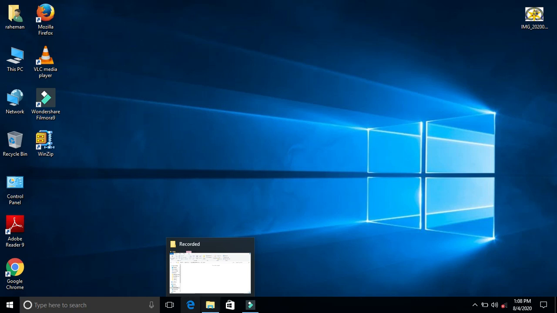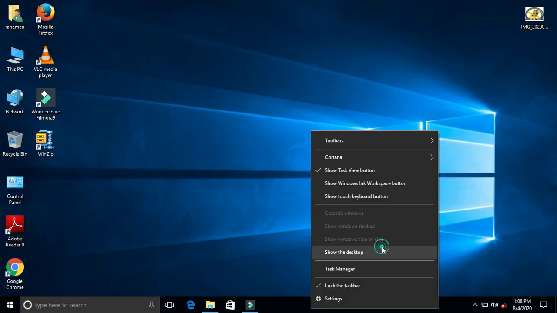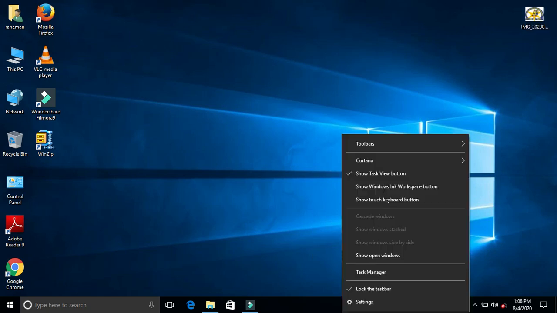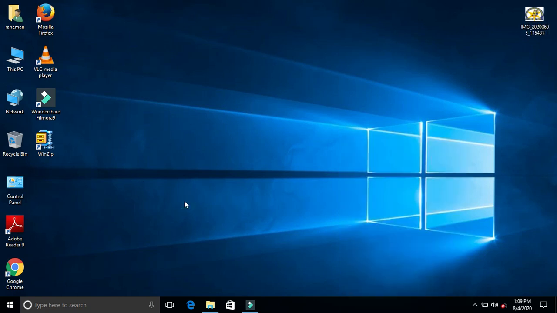This is a long horizontal bar which appears at the bottom. But it is not fixed. If you want to move it, you can move it here or here or here, but many people keep this taskbar at the bottom for ease of handling, for ease of functioning.